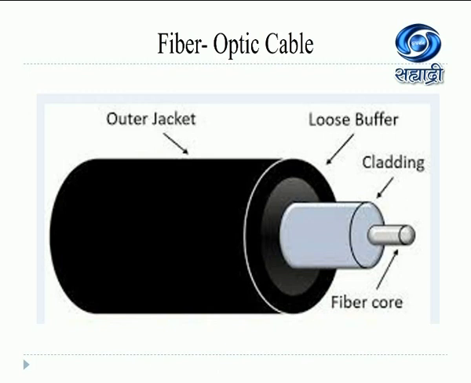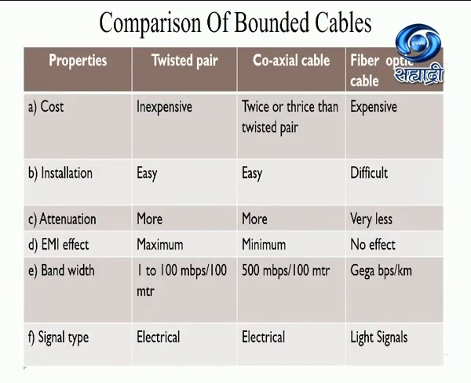So if you look here, the outer jacket is of plastic, then we have a loose buffer, after that we have a cladding, and then inside of that we have a center core, which is the fiber core material. So this is a comparison between the three cables we have studied: twisted pair, coaxial and fiber optic